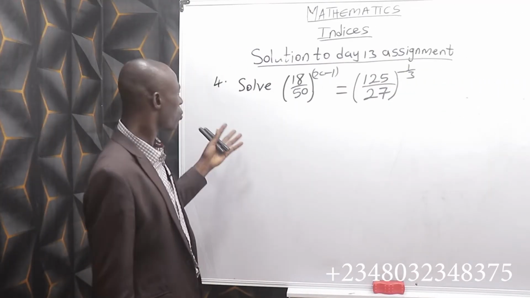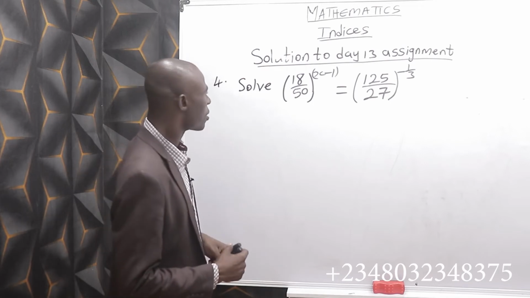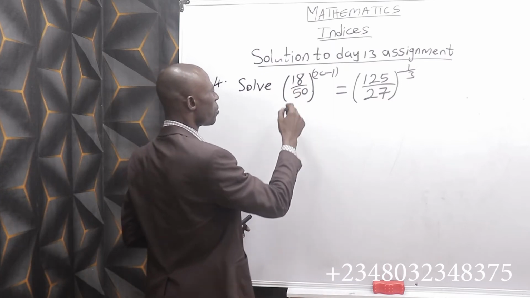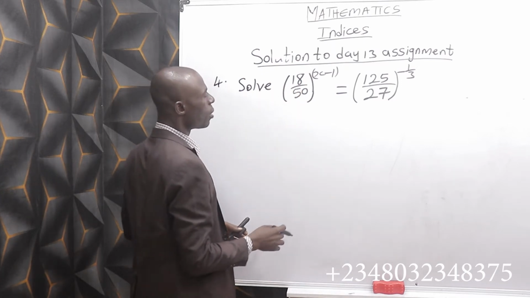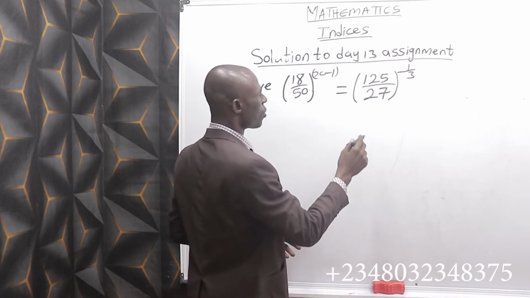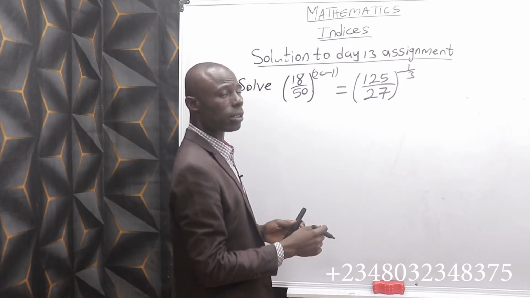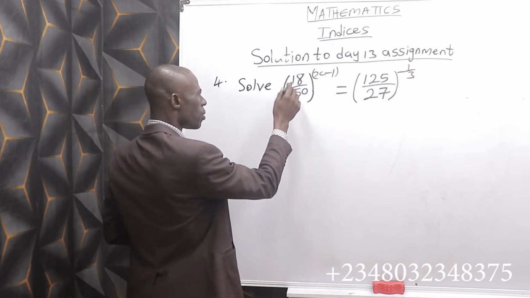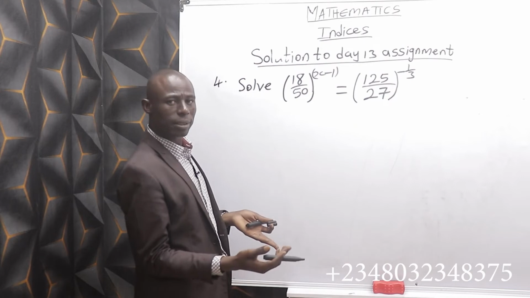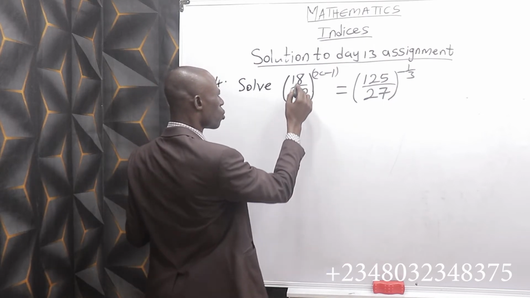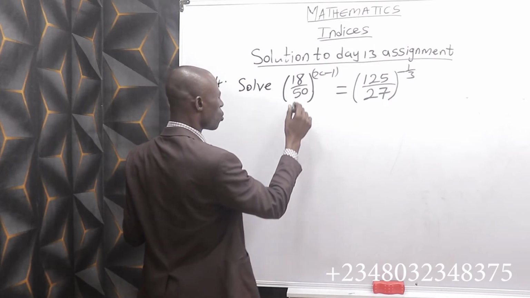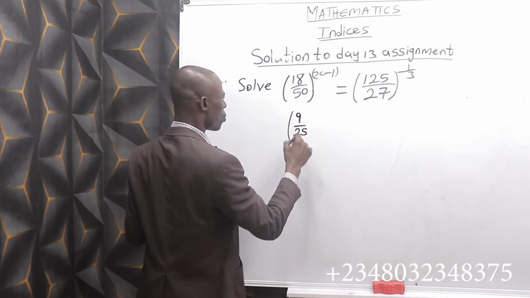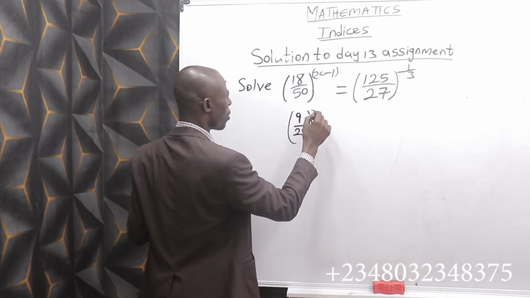Let's go to solution of question 4 in the assignment. Solve 18 over 50 in bracket, all raised to power x minus 1, which is equal to 1 over 25 over 27 in bracket, all raised to power negative 1 over 3. To start with, 18 over 50 could be simplified. So we simplify it as 2 goes in 18 9 times, 2 goes in 50 25 times. So we have 9 over 25 raised to power x minus 1,